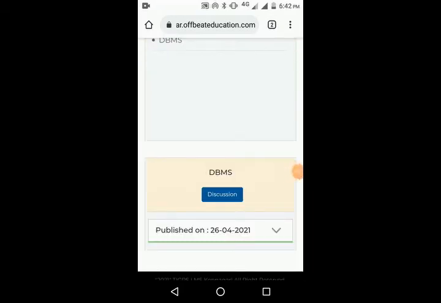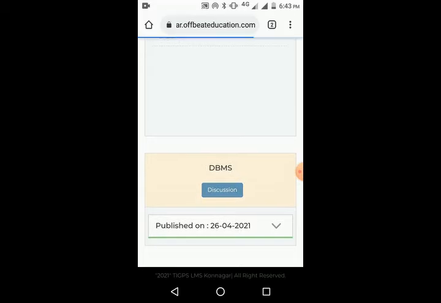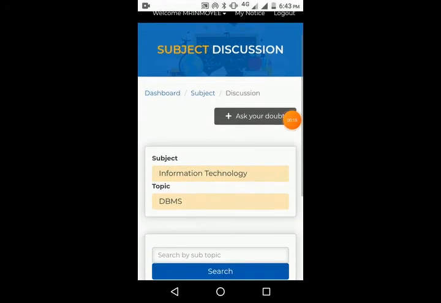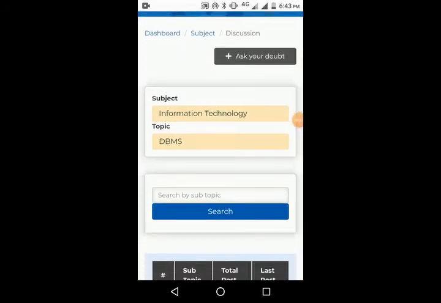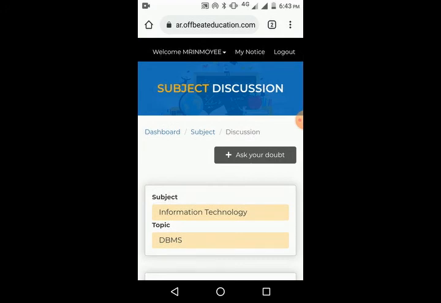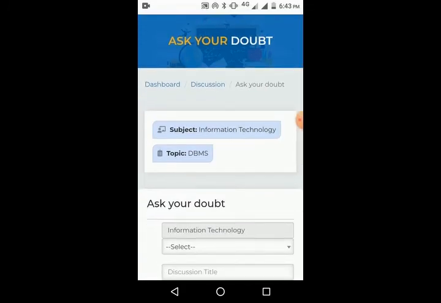Now let's learn what the discussion board is. If we look under my DBMS topic, one discussion button is there. If I click that, let's see what happens. You can see one window where there is one gray color button, that is Ask Your Doubt. Then subject is there, topic is there. So if you have any query on this particular topic and subject, you can click on this Ask Your Doubt. When you click on Ask Your Doubt, the page will look like this,